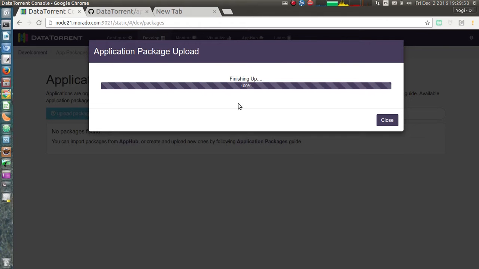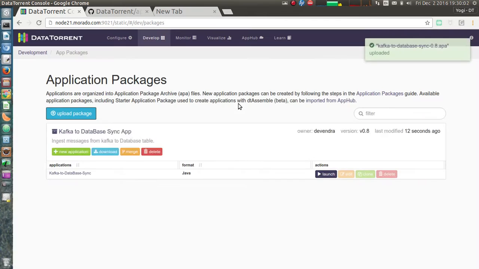So after the app package is imported, we'll get a notification saying the app package upload has been successfully done.